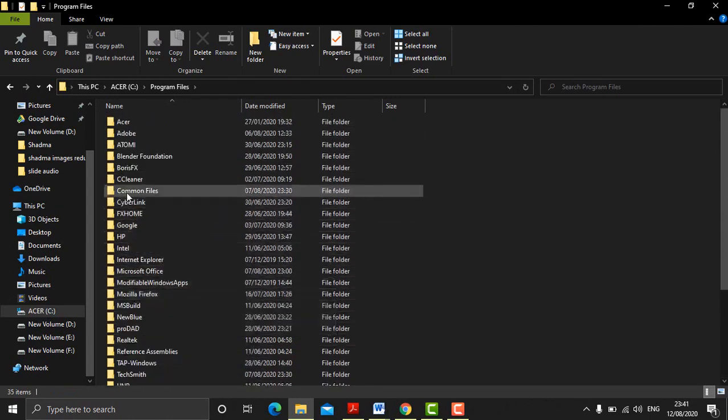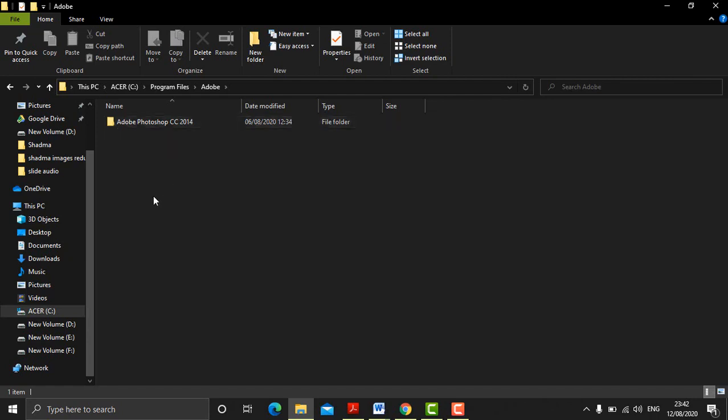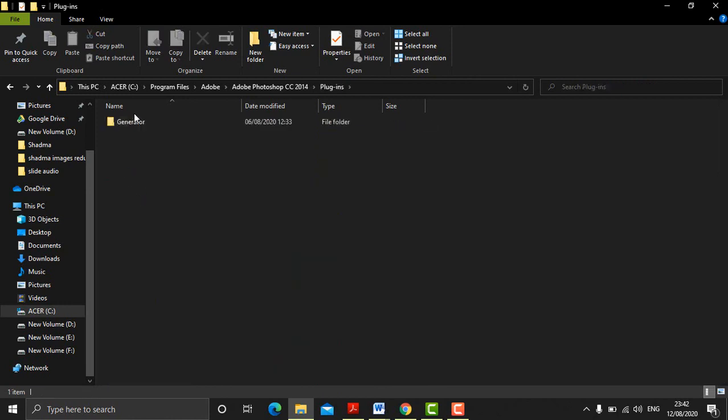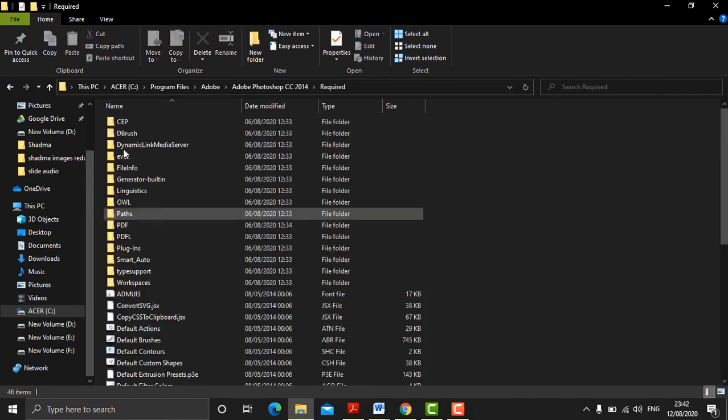And suppose you select any other folder, say for example Adobe, and you can see one more folder here. Double click on it, and see again folders are there, files are there. You double click on any other folder, you can see a folder is here, and this has nothing. You go back and back, select some other folder, it has again some folders and files. So we can see that